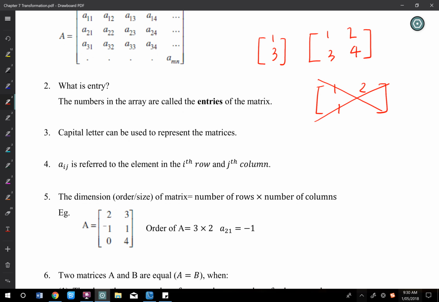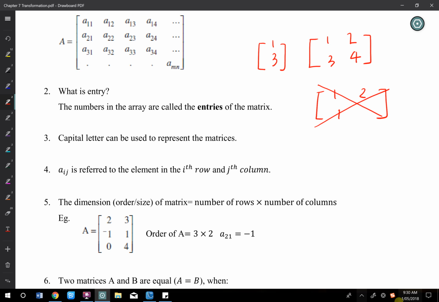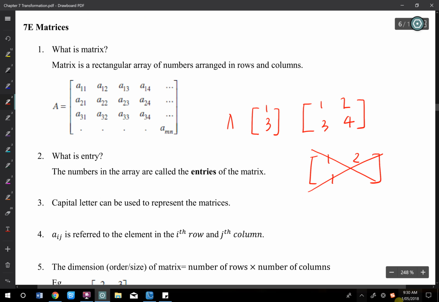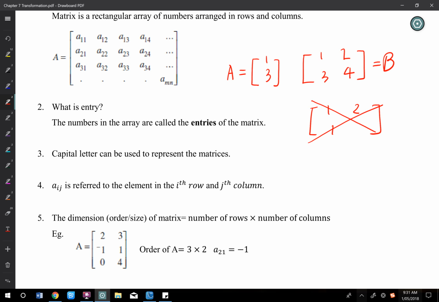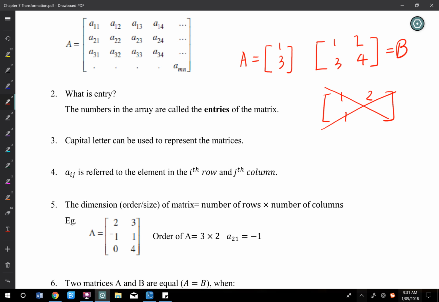Next, a capital letter can represent a matrix. So I can say this matrix is called matrix A, and that matrix is B. So I can say matrix A, matrix B, and it refers to this one and that one. After you represent a matrix by a capital letter, you have given a name to it. If I want to talk about this number 3 in matrix A,